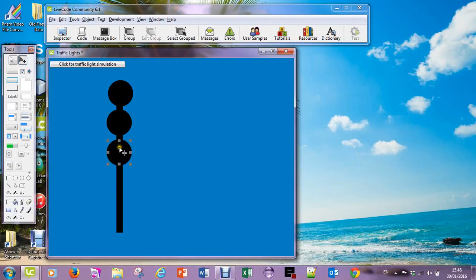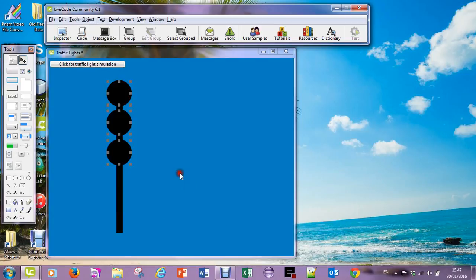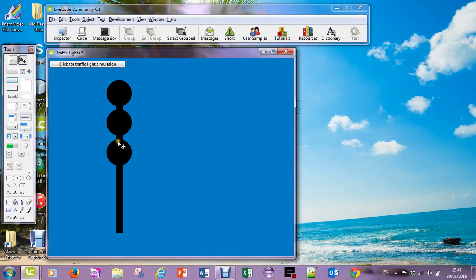And just to make sure that they're lining up, I'm going to hold down the Shift key so that I can grab all three of them. And I'm going to go onto Object, and right down here I can align my objects. Now if you align them with the top or the bottom, you're going to find that they go on top of each other. So I'm going to choose left, or you could choose right, and then you'll see that they're lined up along the left hand side,